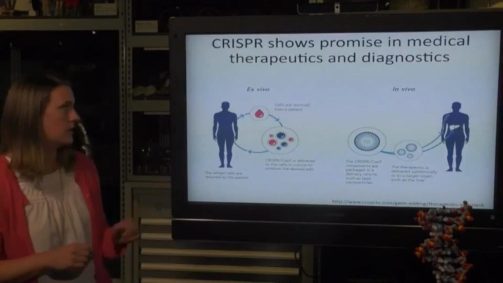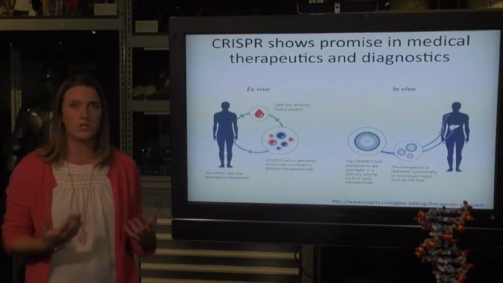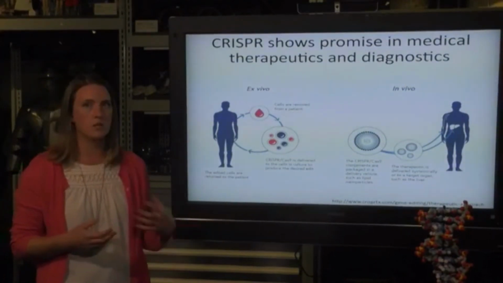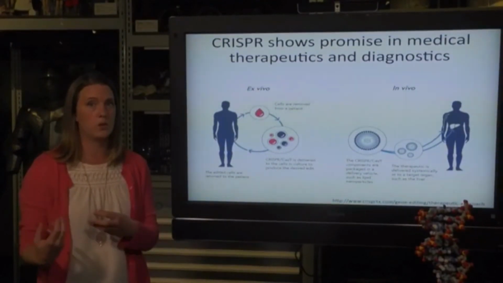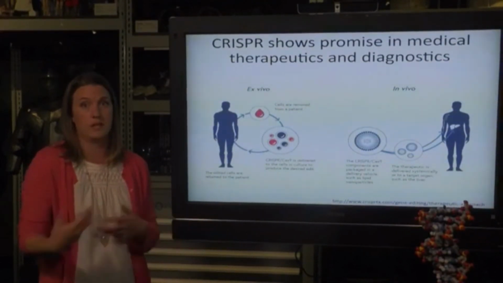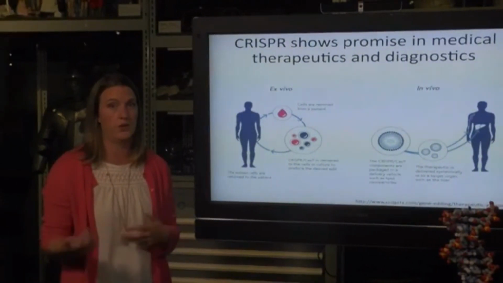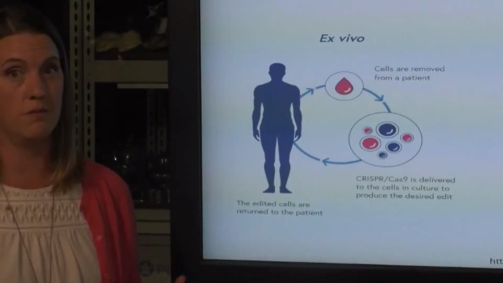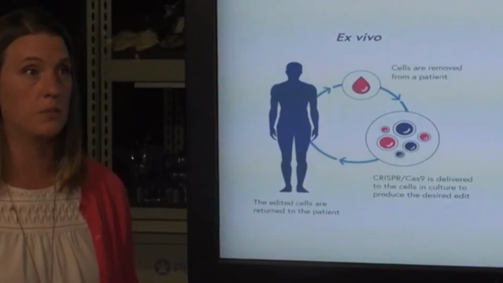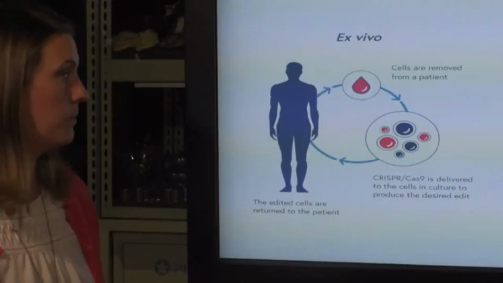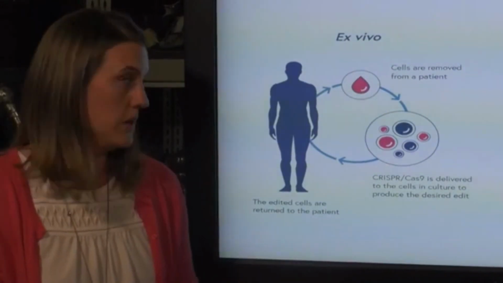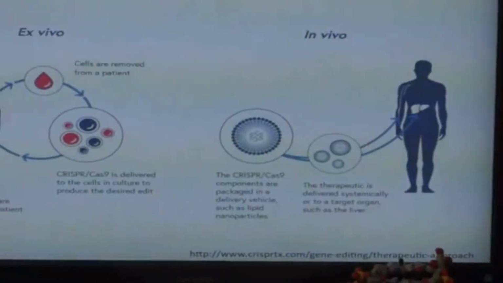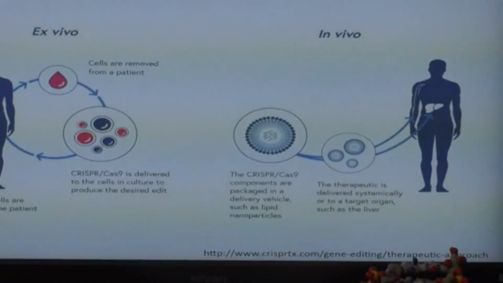So why I have this figure here is that I want to model two different ways that you could imagine using CRISPR in an individual to treat them for a disease. Some cells are amenable to being removed from the body, altered using CRISPR, and then delivered back. The cells that give rise to blood cells can be removed, altered, and delivered back to the patient. That can get around having to use bone marrow donors, which can have its own problems with matches and efficacy. So that's going to be a really important application. Another application would be in vivo. Some cells you can't remove from the body, so those would have to be treated internally.